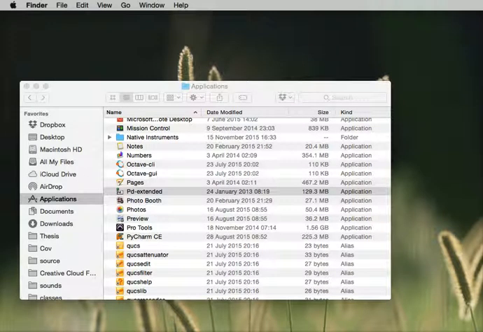Hi, in this video we're just going to have a quick look at getting started with PD or Puredata, and we are going to look at how to set up the system, set up audio and set up MIDI. So if you go to the Applications folder on a Mac, this is based on a Mac, you'll see that we've got a PD Extended link in there. So if we double click on that,